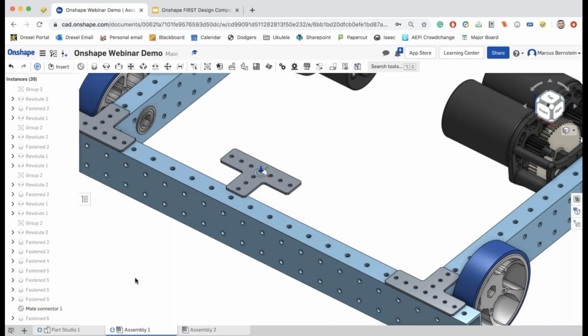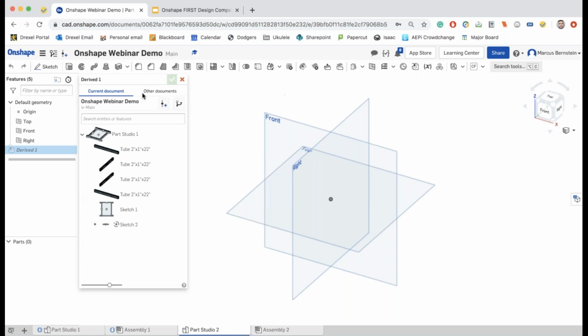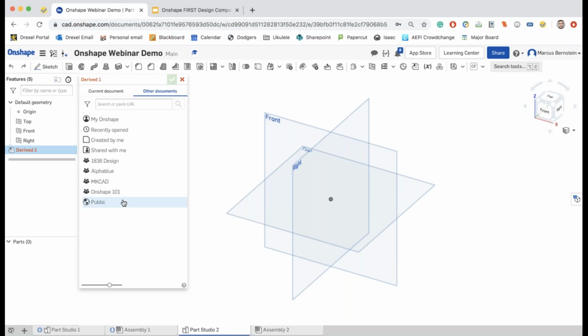Excellent. All right. Another question was, if we need to make a change to a non-configurable part from MKCAD, what workflow should we follow? I think the best way to accomplish that is to make a new part studio and then use the derive tool, and I'll do a quick demo of that here. A common use case is, say you have a sprocket, and we did this in 2018, I think. Say you have a big sprocket for an arm and you want to put some extra mounting holes to get some leverage. You create a new part studio here and you use the derive tool,